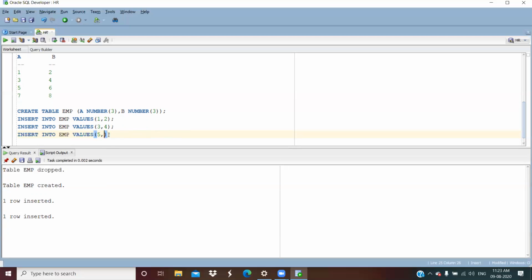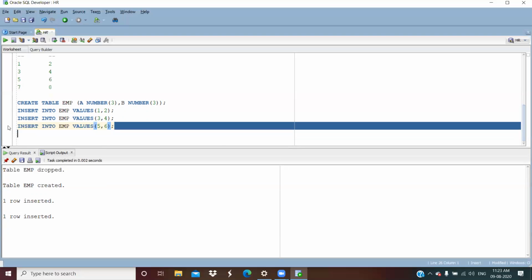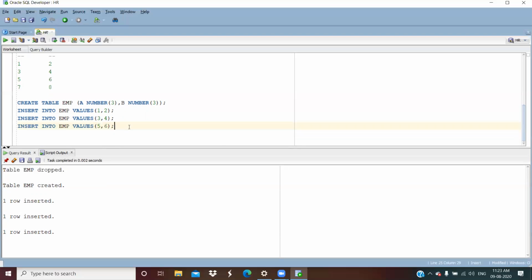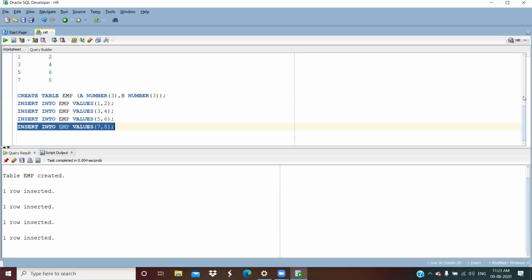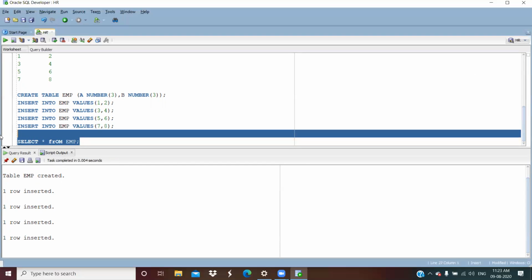This is 6. 7. This is 8. Okay. So these are the values I have. If you see this table, select star from EMP. What all the data I have? In this A column, I have 1357. In this B column, I have 2468.